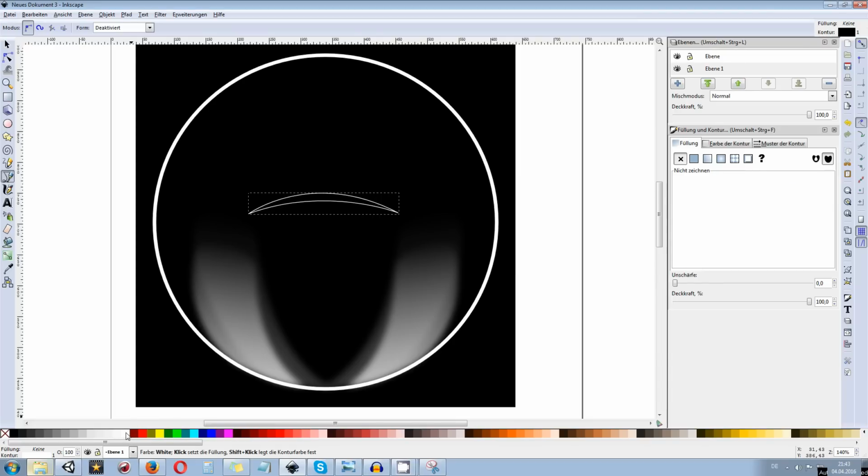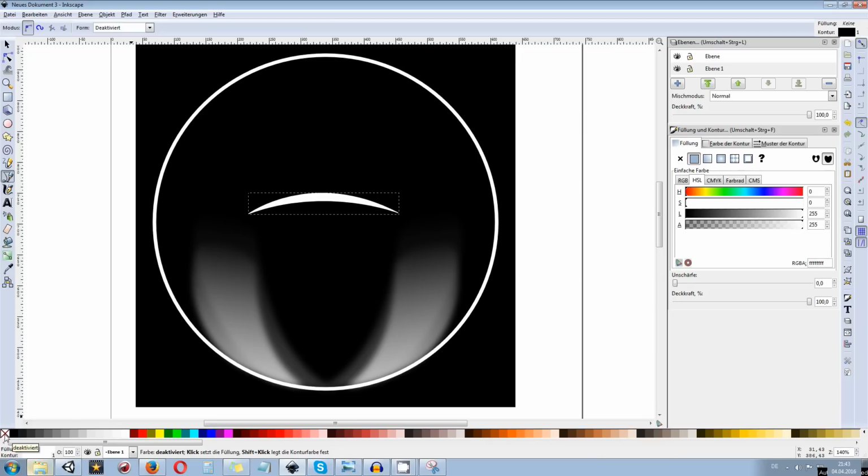So now again fill it with white by just selecting the white color without any shortcut, and make sure that you get rid of the border by holding down Shift and selecting no color. Of course we need to go over and reduce the visibility. Maybe we go to 10% and blur this one out to maybe 2 or maybe a bit more, maybe 5.